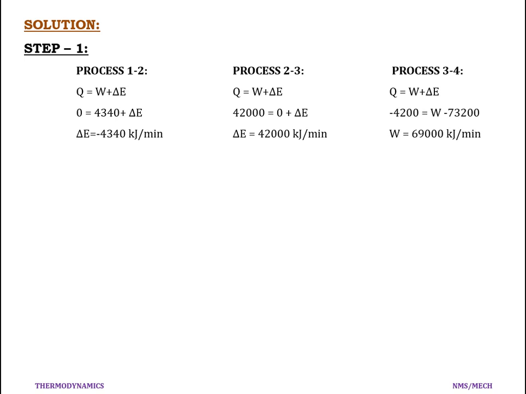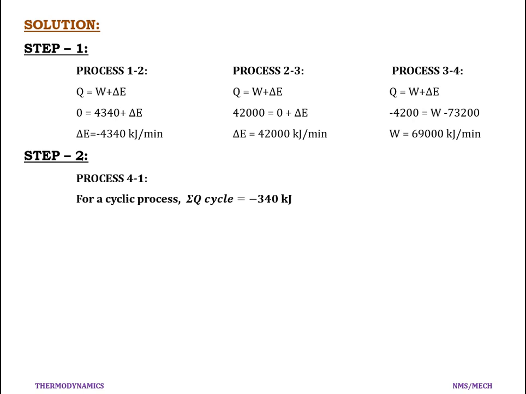So how can we start this problem for this process 4 to 1? That should be taken as step 2. It is the second level. Okay, so I can categorize this step as step 2. We know for the process 4 to 1, all the values are to be calculated.